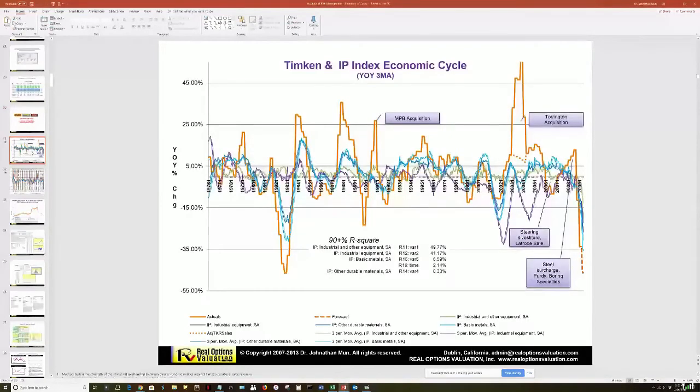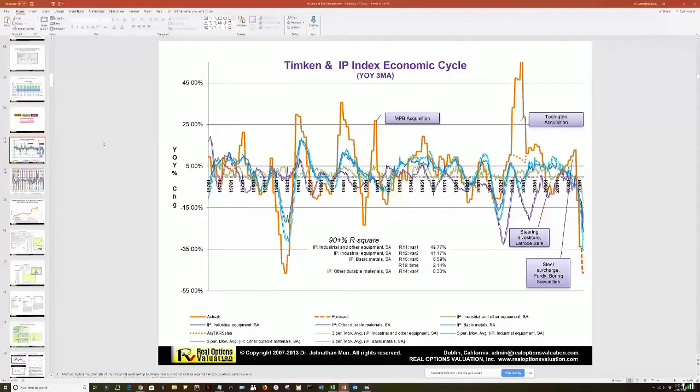For Timken, what we did was try to match up the uncertainty, the risk. You can actually see things going up and down. Stock prices, they're also looking at the price of steel, the price of their inputs, fuel prices, and so forth, and trying to predict and hedge their steel prices. When we do the real options piece, we're able to do things like option to abandon, a sequential option, doing things in phases: phase 1, 2, phase 3, phase 4. You can't go to phase 3 without first doing phase 2. You have an option to expand. You have the option to abandon or walk away. You also have a switching option.